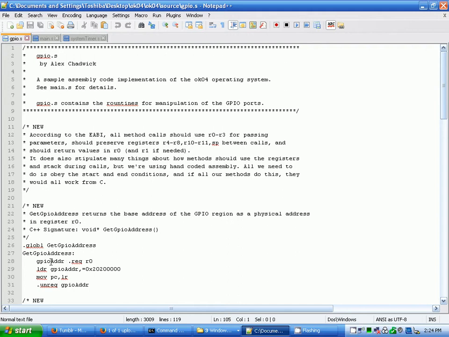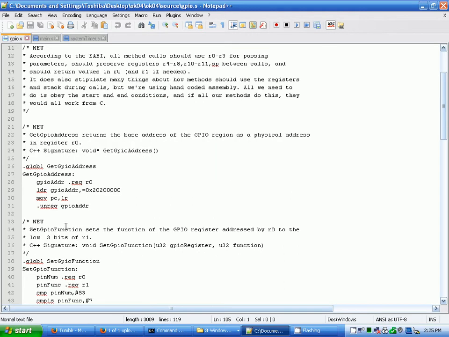It takes the GPIO address, requests register 0, then it loads the GPIO address, which is 020000. It moves into the return address and does the program counter, and then